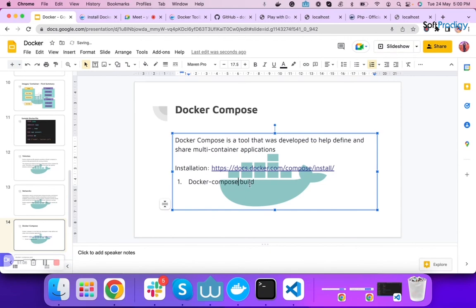When you use this command, Docker Compose builds all the images using one command only. You don't have to build different containers separately. After that, you can use the docker compose up command to run all the containers together. It has multiple options to run both of the commands together. We can discuss this later on.